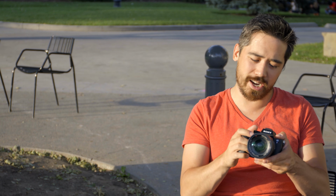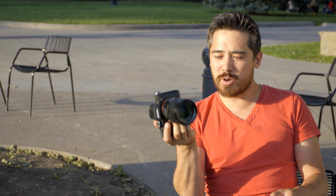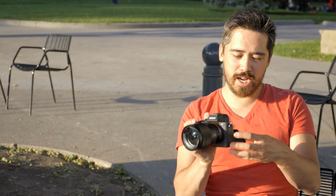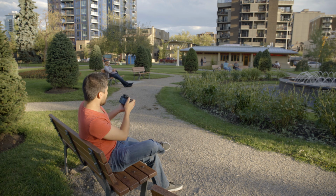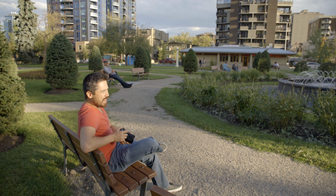I still find the feel of the A7R II body to be very good. The weight is exactly where I'd want it. Heavy enough to be substantial and stable, but not too heavy that it's now an SLR and bulky and all the rest. So it's a nice compromise there. Of course, weather sealed body, metal design, great custom buttons, rotating screen. I mean, it's all very similar. And I'm actually pretty impressed by how easy I can see this screen in the sunlight,